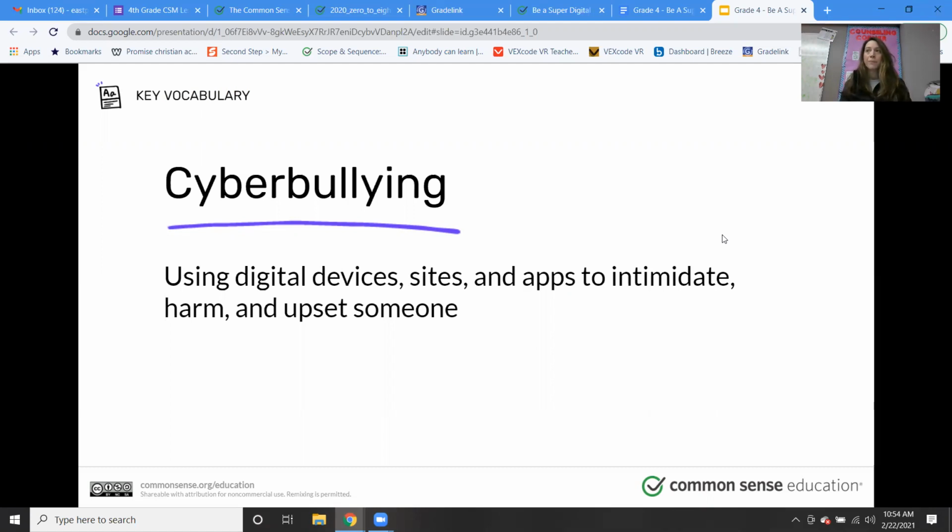It can be through sending memes, pictures, or posting mean comments, anything they are doing on purpose to put someone down and make them feel bad. It's a terrible, terrible thing.